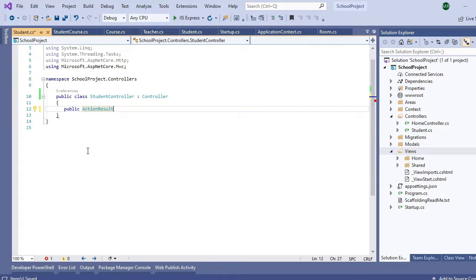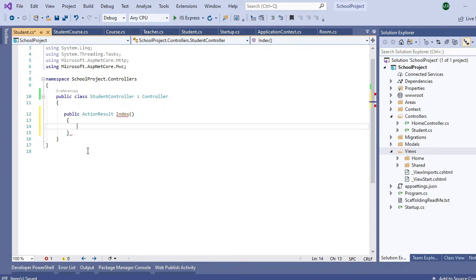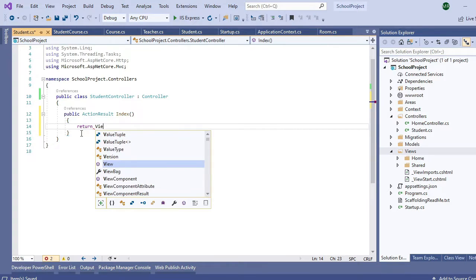So for now we will use the action result, and we will give it a name like index, and just simply like creating the normal function. And now we should specify the return for this method. We said this action result so we can return anything. For now, we want to return the corresponding view for this action method. Return view